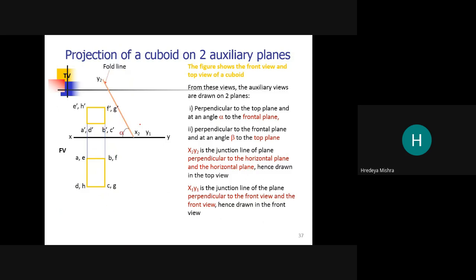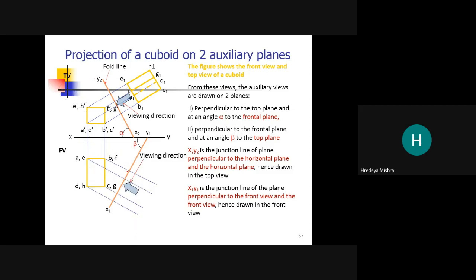Observe this x2 y2 here, and this is our viewing direction. Now we can project here and we get this shape. Now x1 y1, and now we project this. See here, we can show this.